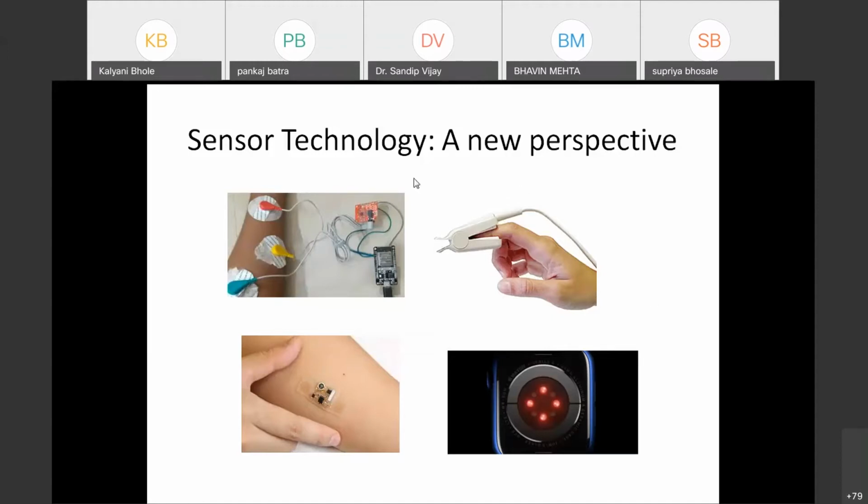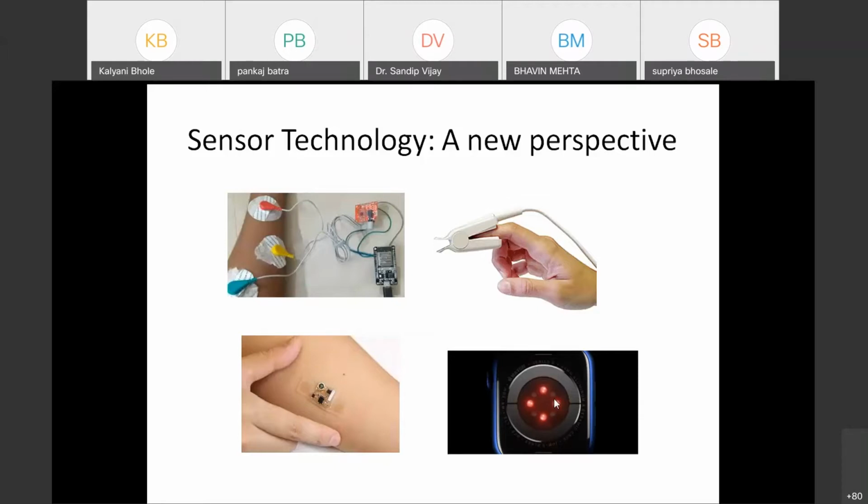So in wearable sensing or in wearable technology, this is not the pulse oximeter. The sensing has been reduced and it is inbuilt in your wristwatch, in your smartwatch. This sensing technology uses optical sensing. We are going to discuss the optical sensing also. So all the optical sensors and their signal conditioning and amplifiers, everything, the calculation, I mean the processing, and if it is using some kind of smart or AI base, everything is embedded in such a small device. So this perspective we have to change.